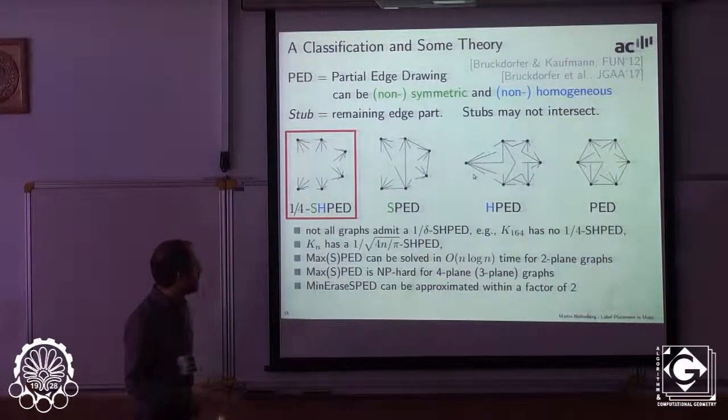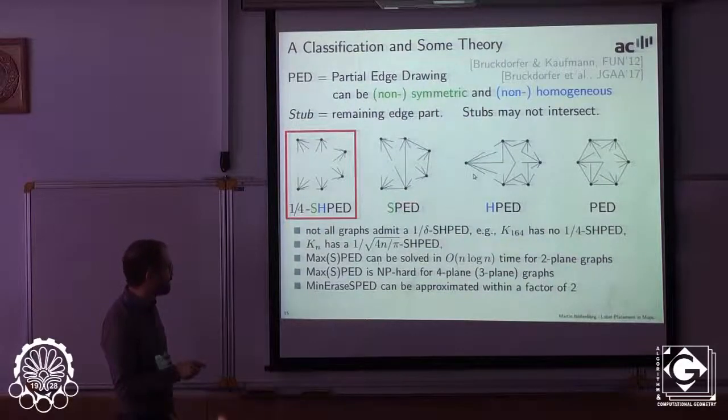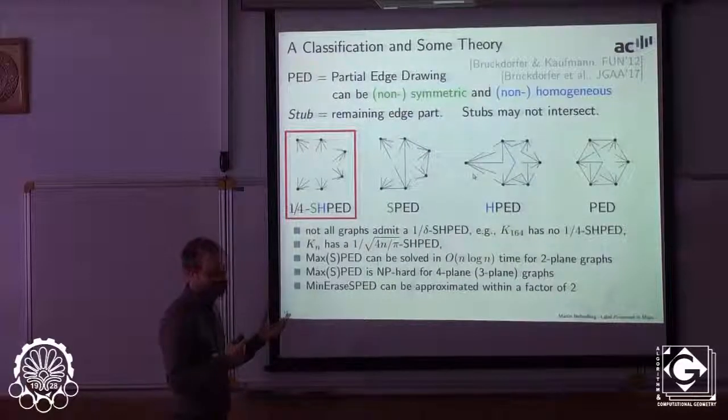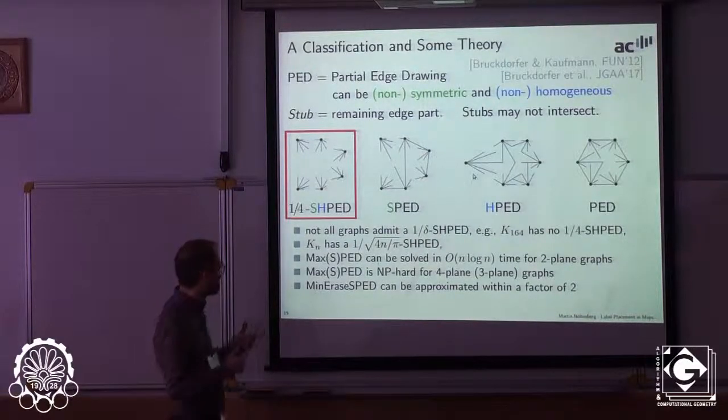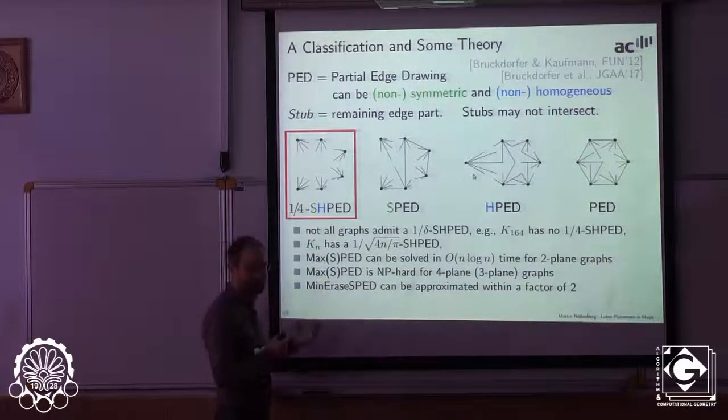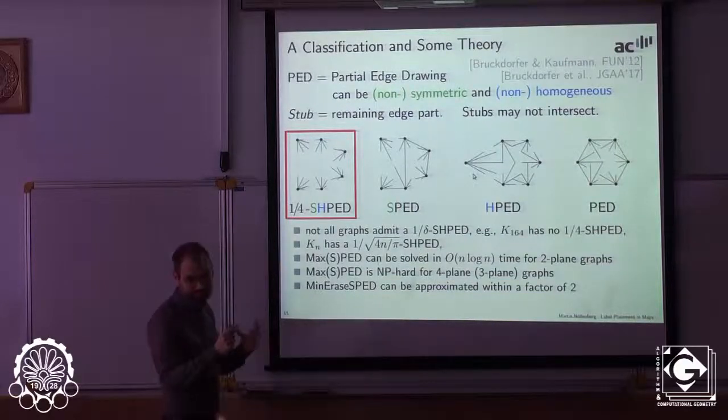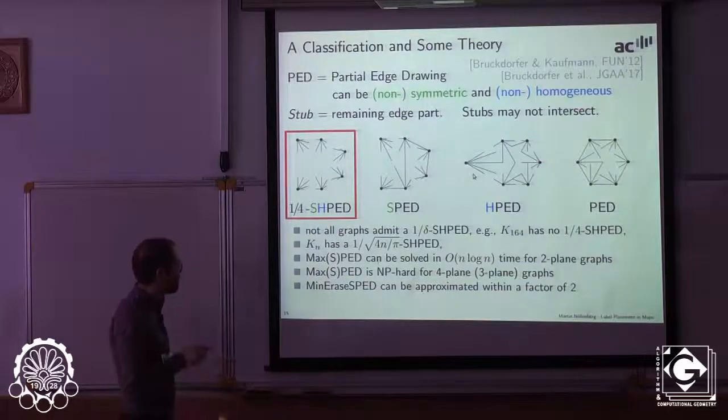So there are several results trying to understand what kind of drawings are possible for certain classes of graphs. What can we say about the maximization problem of having stubs as long as possible, etc.? For example, you can show, and this is maybe not unexpected, that for a fixed delta, so having a fixed portion of the stub length, of course not all graphs admit